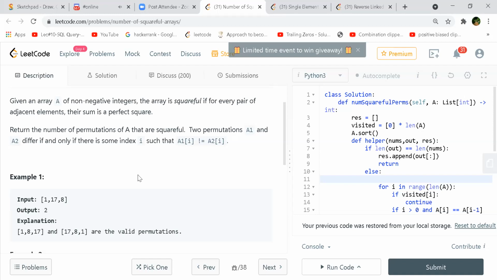If you don't cache it, then it will be a brute force, right? Okay, makes sense. But anyway, we still have to find the permutations, correct? In order to satisfy the condition A1 of i not equal to A2 of i, if you form all the permutations and look for the square fullness of adjacent elements, then we just take those permutations into our results and return them, right?